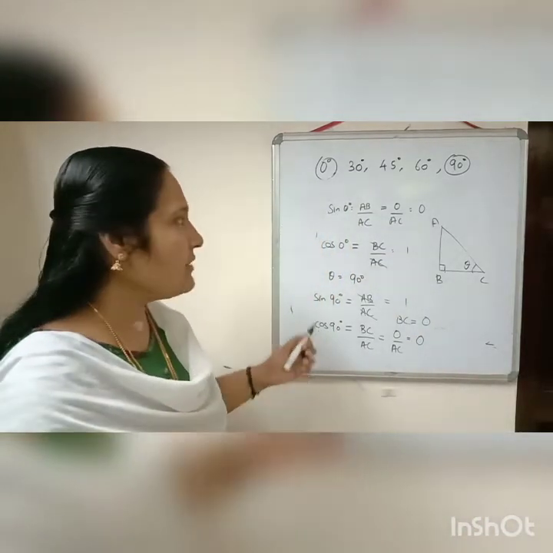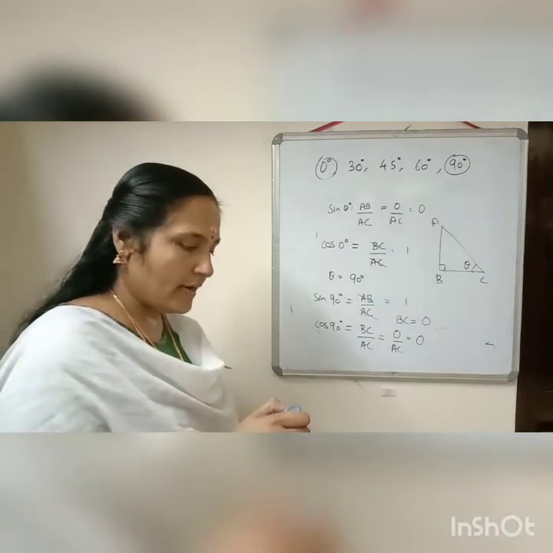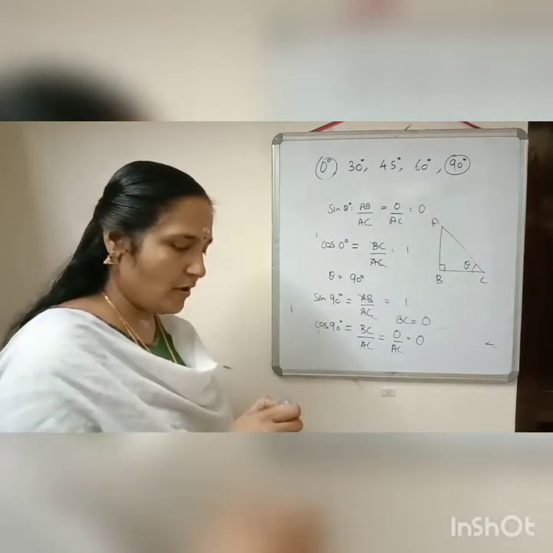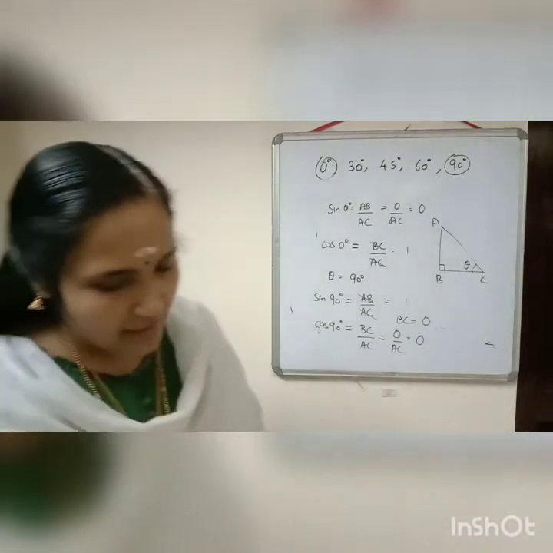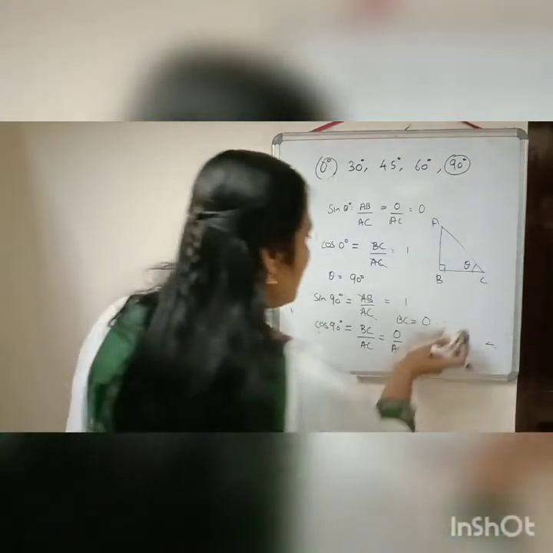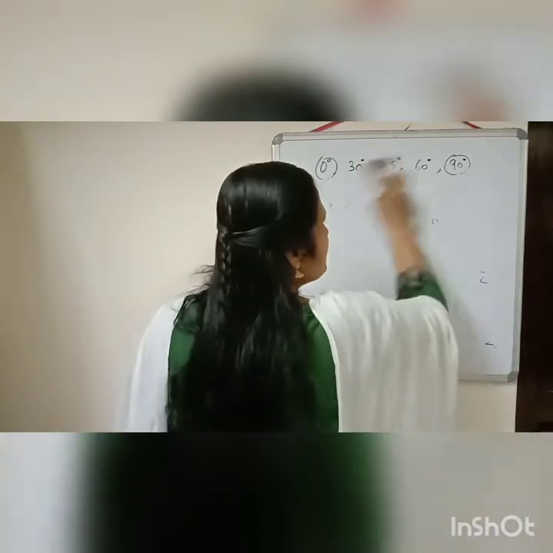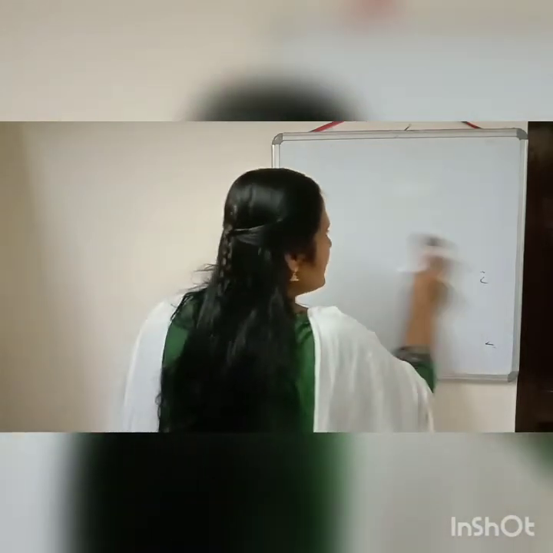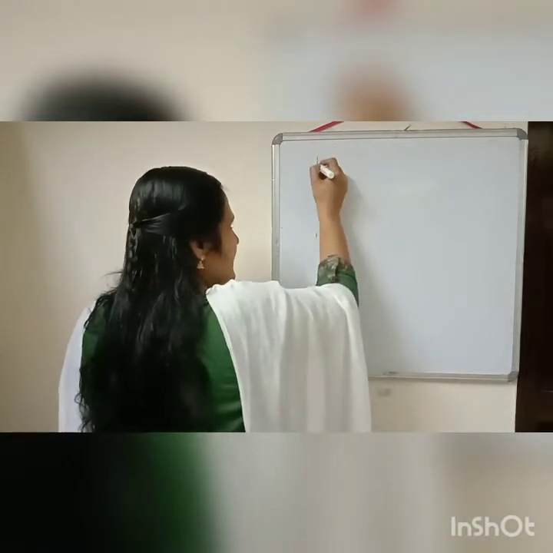So in this way, we can calculate the trigonometric ratios of all other angles. At present, I have told you of sine and cos. For the rest, we will draw the table and I will explain you how to write down the other trigonometric ratios. So all of you just draw a table. I am drawing, so you just draw in that way as I am drawing the table. Here, first we will write down all the angles.